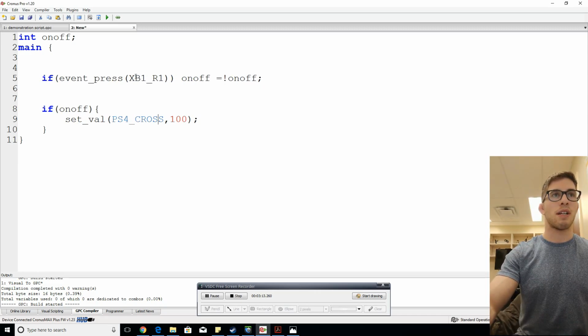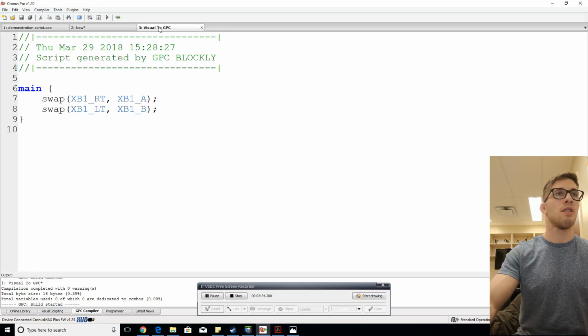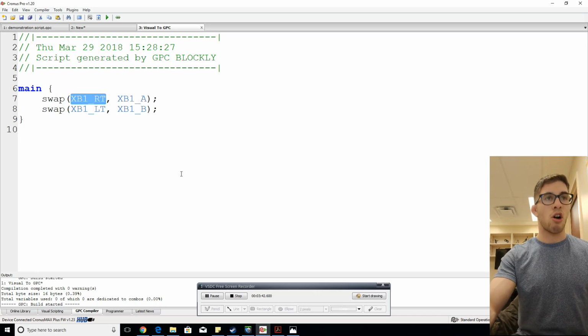Oh, apparently that's not what it is. So let me actually figure out what it is. One way to do it is I could go into GPC compiler, and I have Xbox One in the Visual Scripter. Sorry, I would go to Visual Scripter. I have Xbox One over here, and what I would do is go to compiler, visual to GPC, and as you can see it says Xbox One RT. So that's where my mistake was. It's not R1, it's RT. So I'm going to copy this